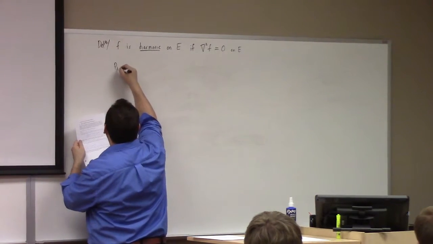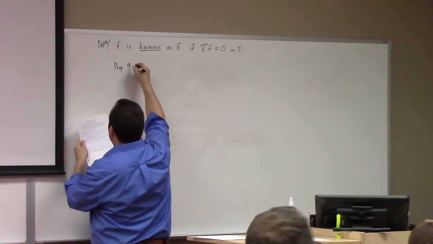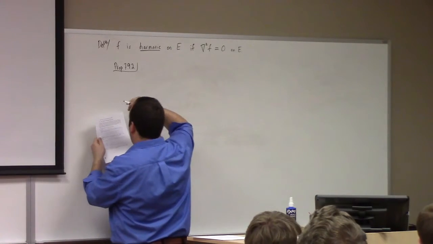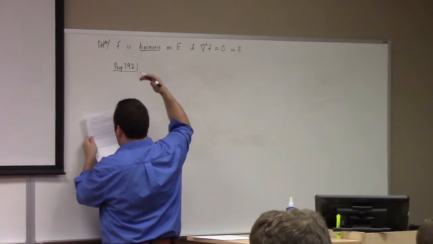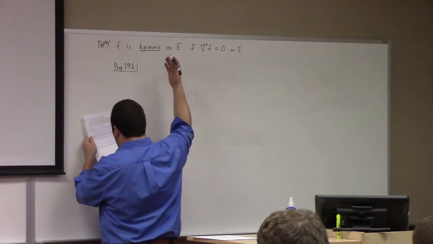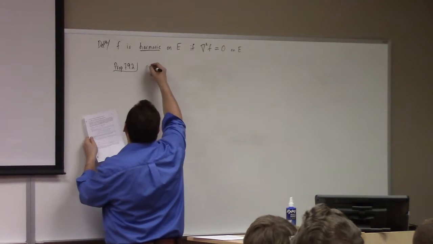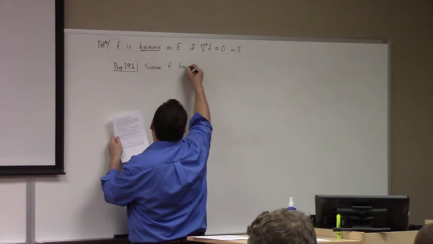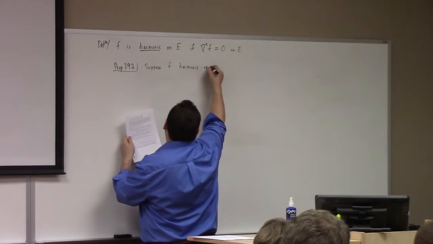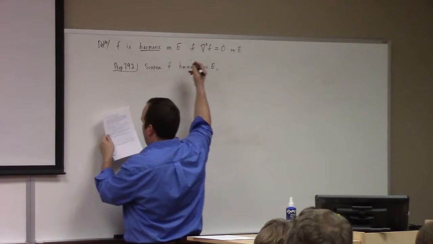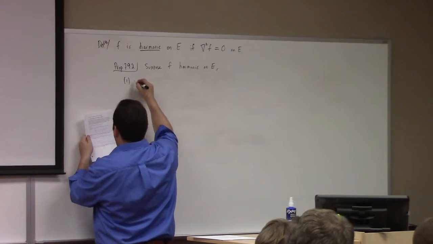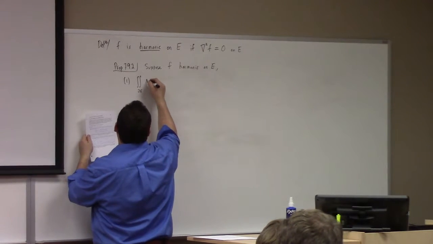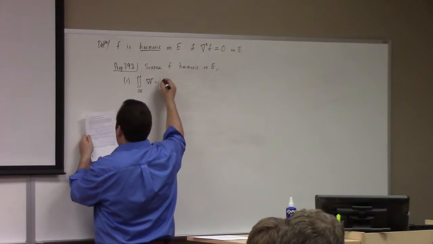Proposition 7.9.2 gives us a few properties here. So we're going to again look at a simple solid E, piecewise smooth boundary partially. Suppose f is harmonic on E. Again, E is a simple solid, all right? We have these things. One, the integral over the boundary of E of the gradient of f dot dS